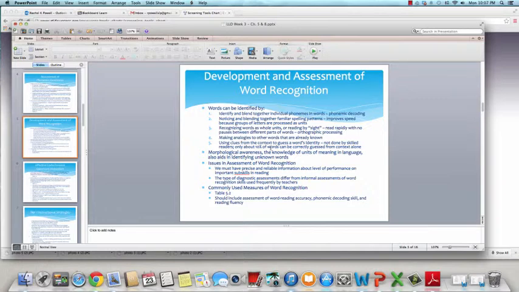It's not thorough enough. So some commonly used measures of word recognition, Table 5.2 lists some. Again, it has DIBELS, and they do the nonsense word fluency, phonemic decoding fluency, which would be phoneme segmentation. I know y'all are familiar with the Gray Oral Reading Test. The Woodcock-Johnson you'll often see used, but that's the diagnostic level, not for screening. Ames Web is listed there again. So several different types of measures of